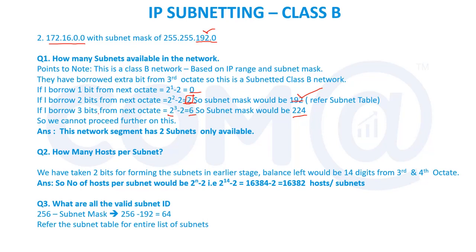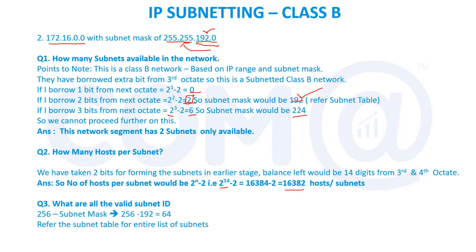Okay. So how many hosts per subnet? Now I know this 172.16.0.0 can be broken into two subnetworks. That's one step. Second step is each network, how many hosts will be available. Since I already borrowed 2 bits from the host portion to the network portion, I have given 2 bits. So now I'll have the rest 14 bits. I'm just doing the calculation: 2 power 14 minus 2, it is 16,382.